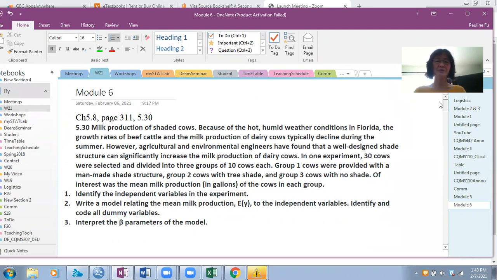In this video, I will build models with qualitative independent variables. I will also build models with both qualitative and quantitative variables. So first,